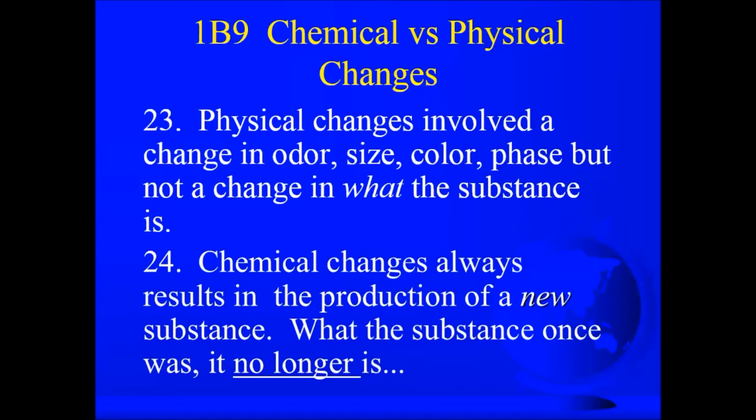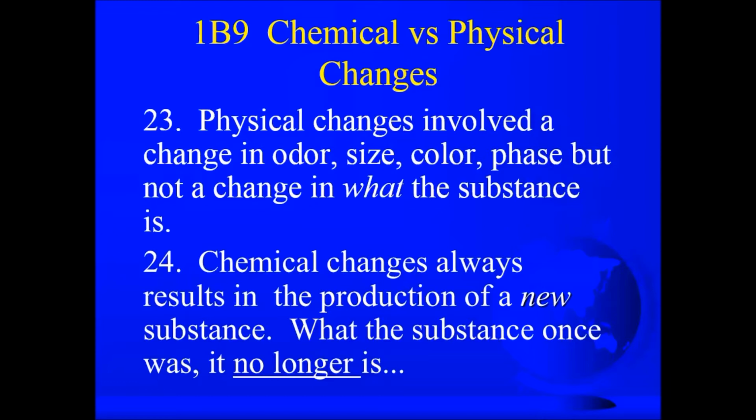Now, if you change something and it becomes something new, that is a chemical change. For example, here's one that's very subtle. Boil an egg. Is that a chemical or a physical change? Some people will say it's a physical change because it's an egg to begin with and it's an egg afterwards. But after you boil it, can you change it back to its raw state? No, you can't. So if it's not able to be changed back, then we have ourselves a chemical change.